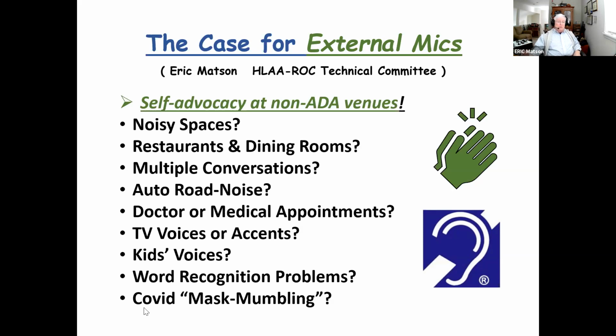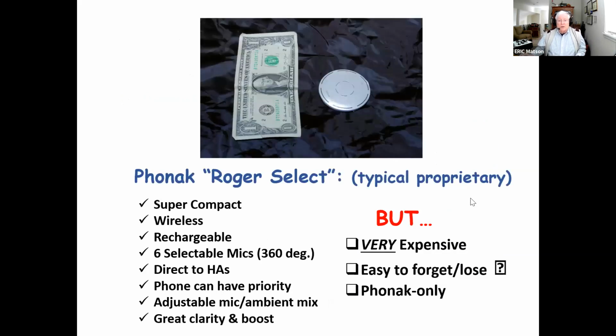Finally, and the one that everybody's sensitive to these days is COVID-19. I call it mask mumbling. People wearing masks can really complicate the question of understanding them. An N95 mask cuts audio volume in half, so you want to think about that. Now, the obvious